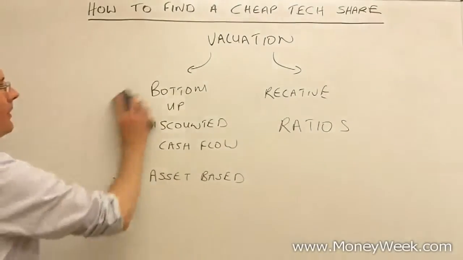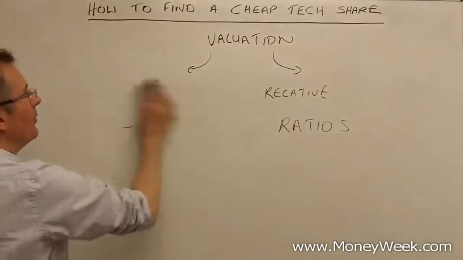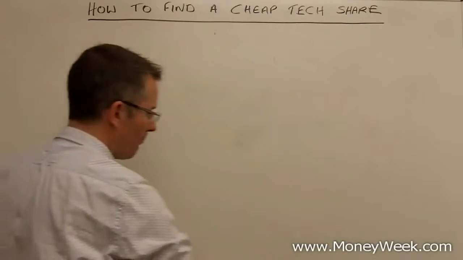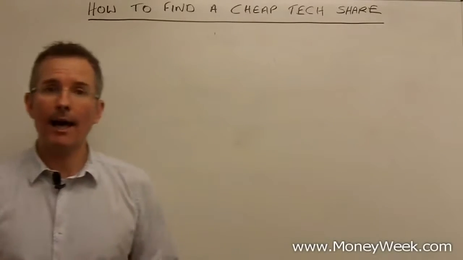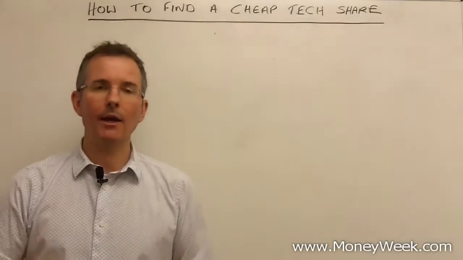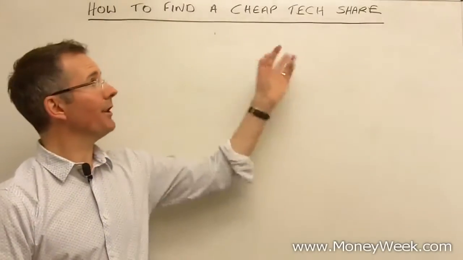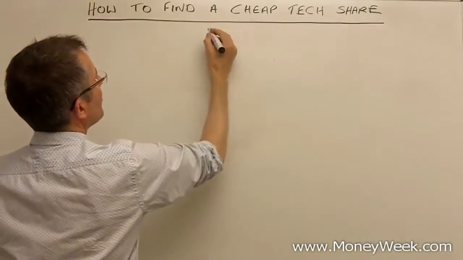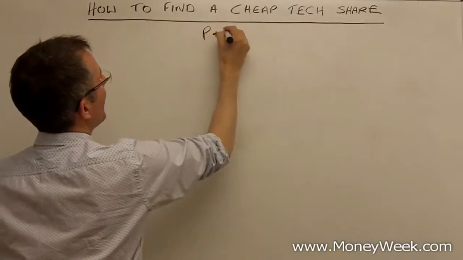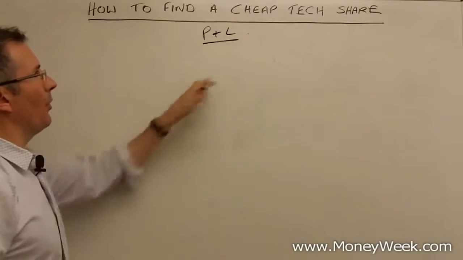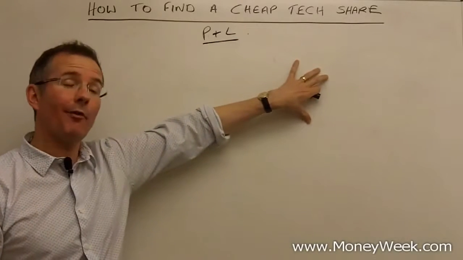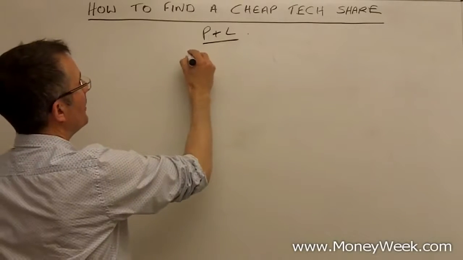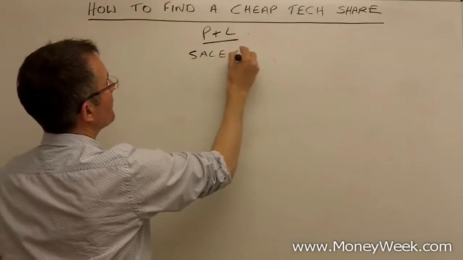Basically what you'd like to be able to do as an investor is have a simple one number answer to should I invest, and therefore you're looking for some way of getting to a ratio that's appropriate for this kind of stock. But here's the problem: if I were to put a quick profit and loss account, a quick P&L up on the board. Now, we've done a video on what is profit, so I'll keep this fairly tight for this video. What we would do is say, well, sales, we know,